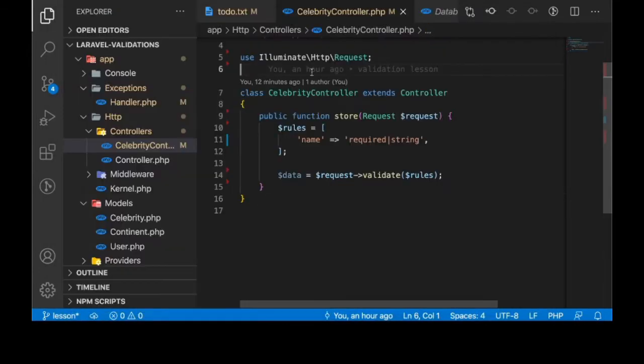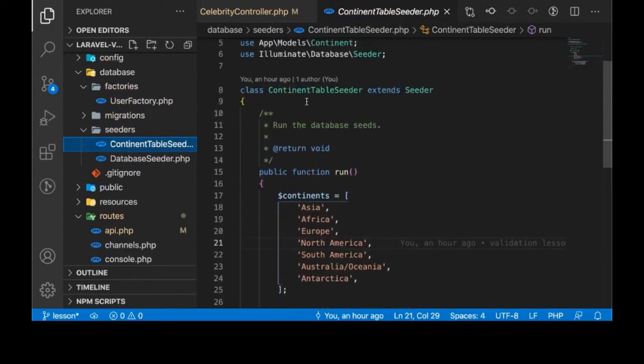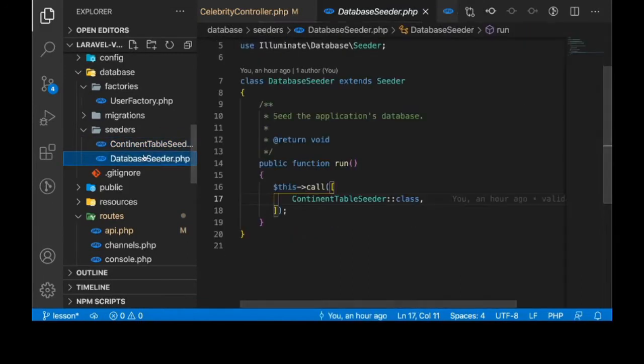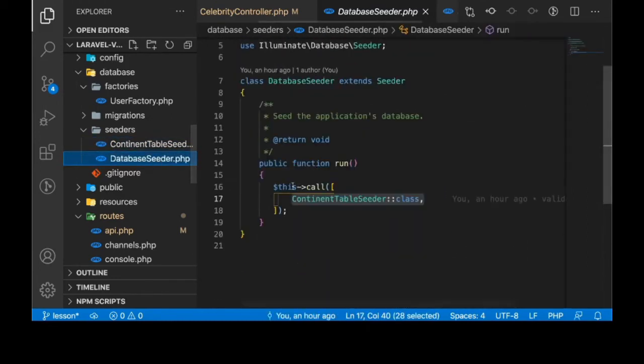The next thing is to insert the continents into the continents table. Remember that we have this continent table seeder. To do that, open the default file that came with Laravel project. You can see this method, this call. So inside the array here, we insert the seeder classes. Assuming we have more than one, we're going to list all of them inside this array, so that when we run the command, it's going to look through this array and call whatever seeder class we have, and they do their job. So make sure to have this inside the database seeder file,